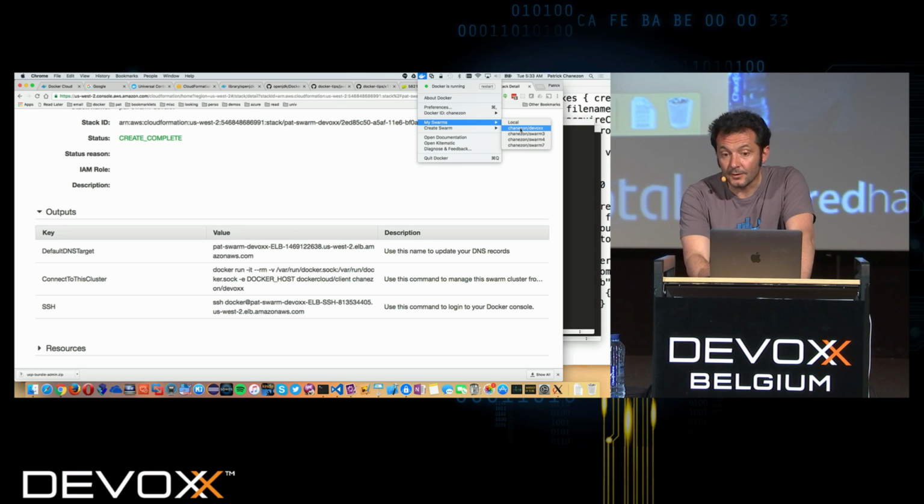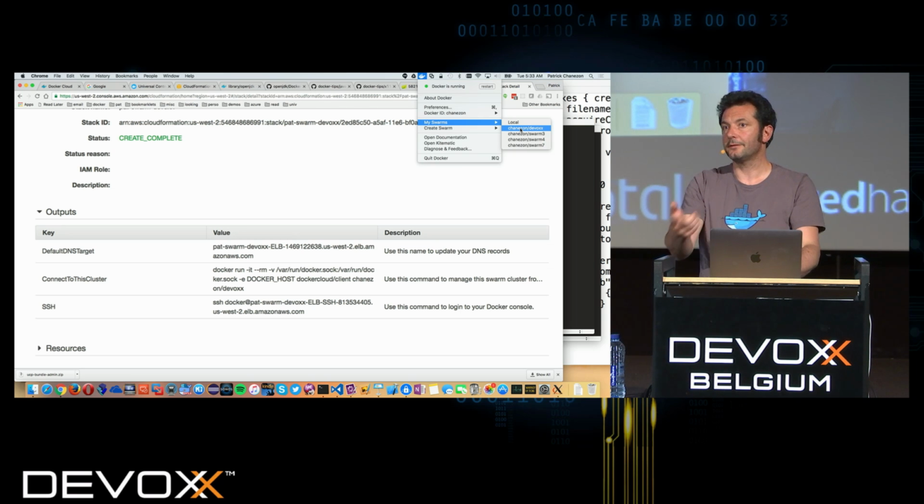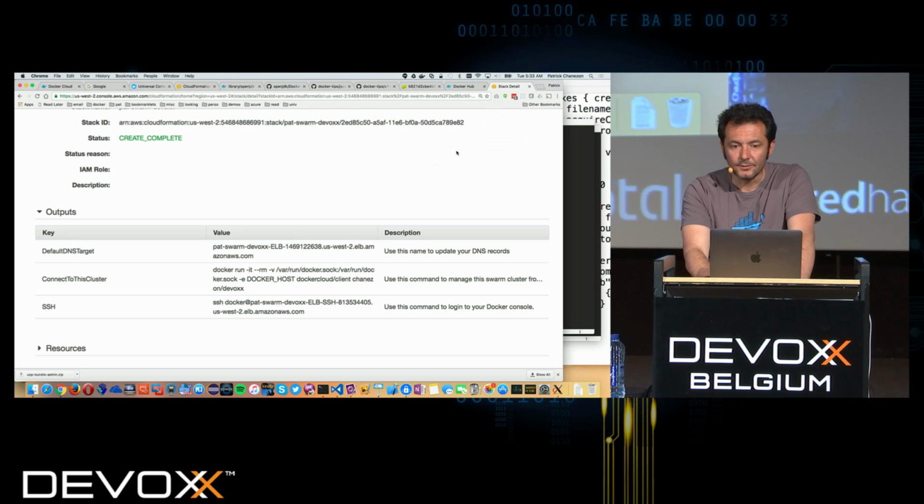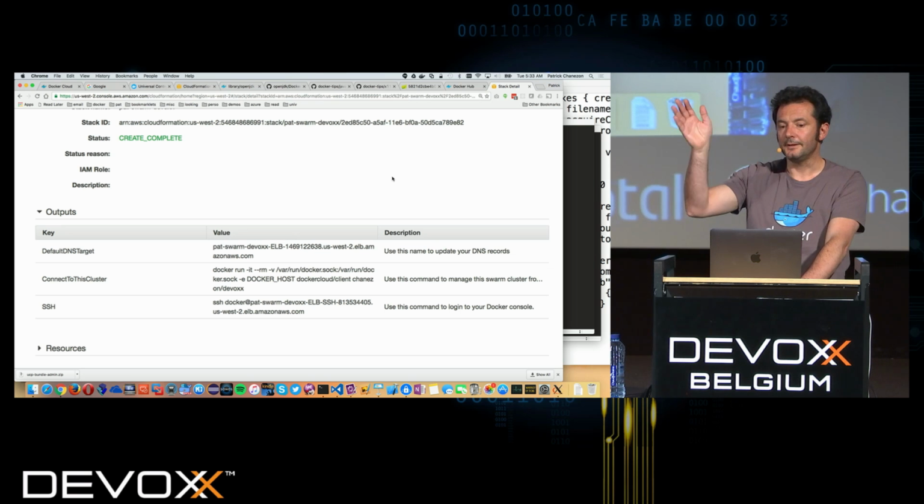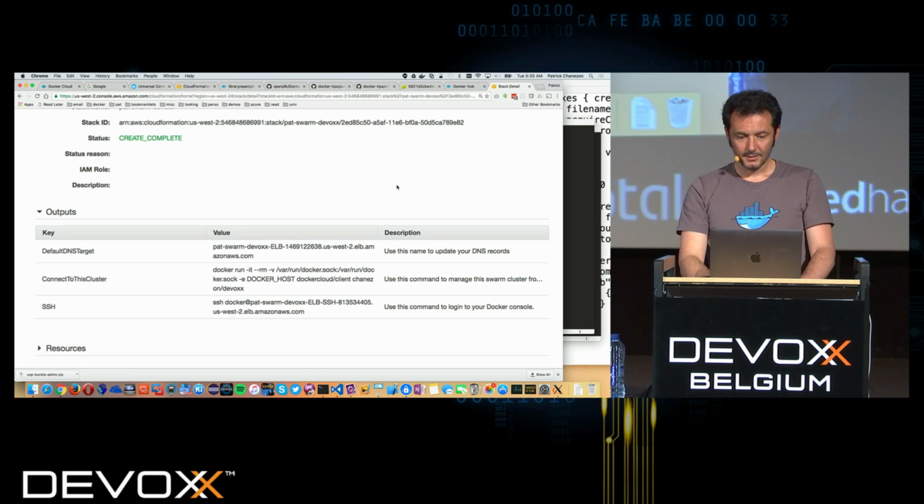And you'll see the DevOps 1 cluster when it's finished completing. So this one, that's the one I was deploying before I started the talk. So here when I go there, it's going to open a terminal and have the tunnel already established to the swarm. Yeah. It may take a while the first time.